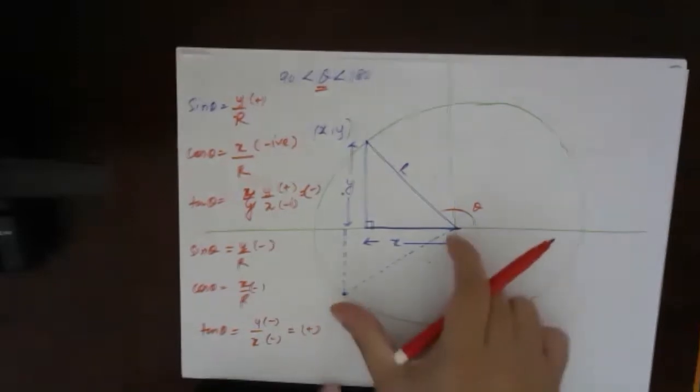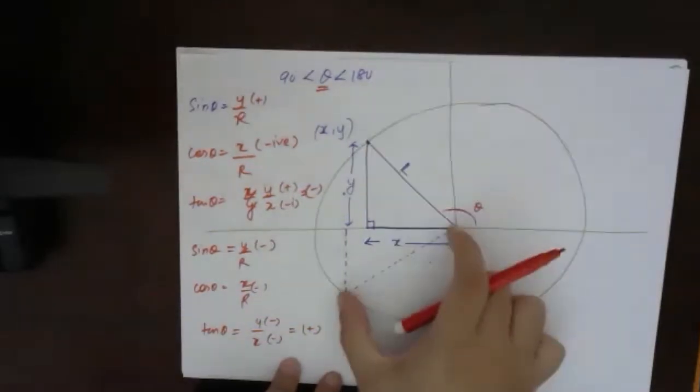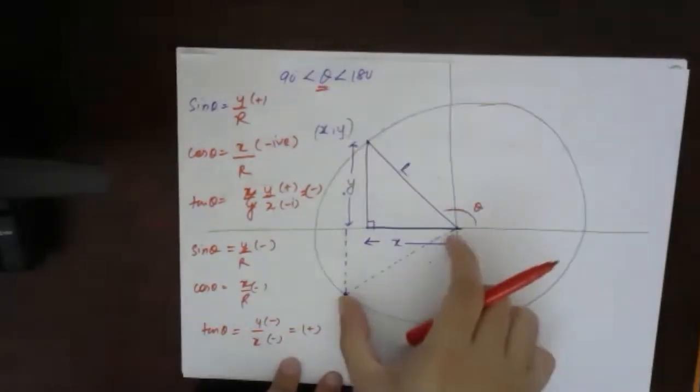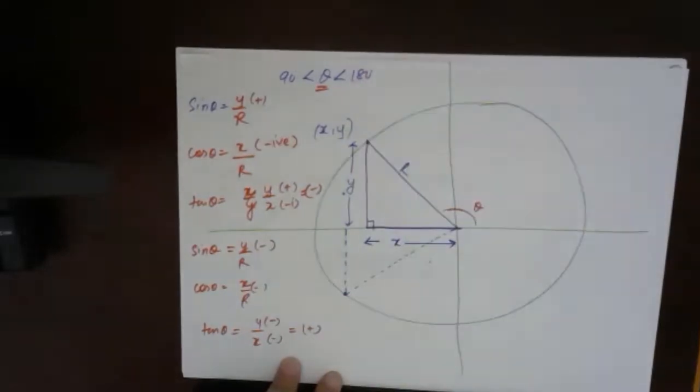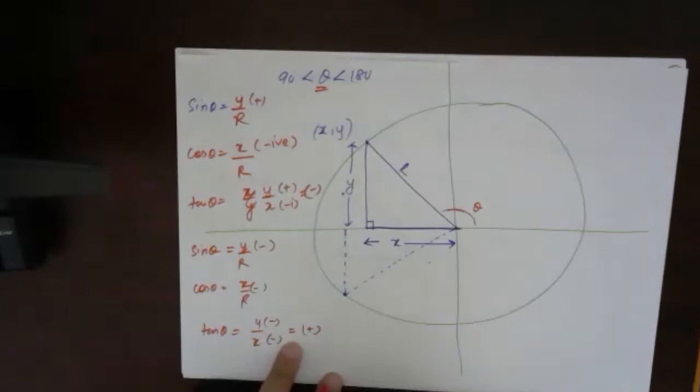No, r is distance. R is a distance, right? Distance, height and base we are taking in positive and negative. I have taken tan theta as positive because y is negative and x is also negative, so both negative negative becomes plus.